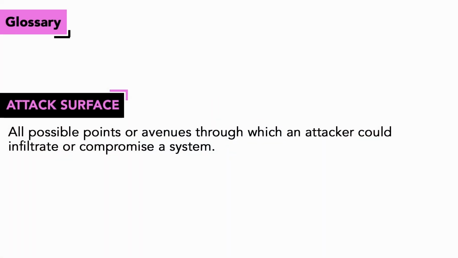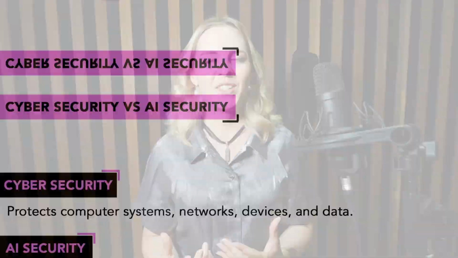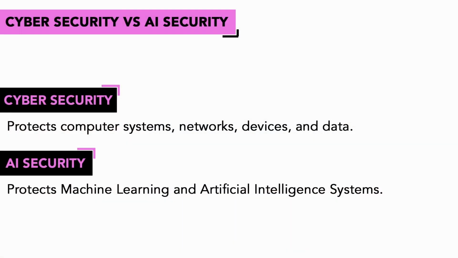So the premise of AI security is that we're considering an artificial intelligence system to be an attack surface in its own right. There is an analogy between cybersecurity and AI security here, and in fact they're both really important to consider, but they're not the same thing. So cybersecurity considers things like computers and networks, and AI security considers just the artificial intelligence components of that system.